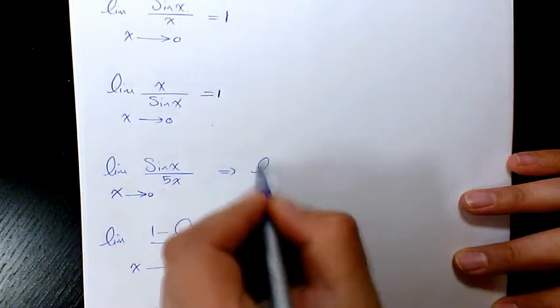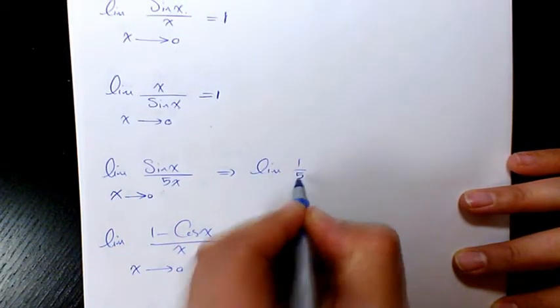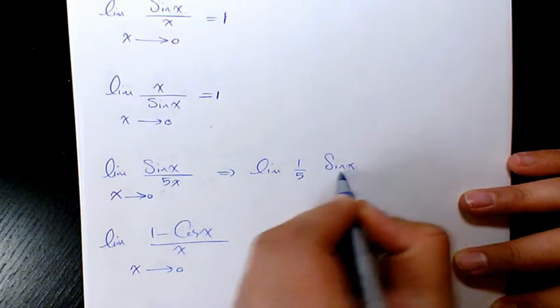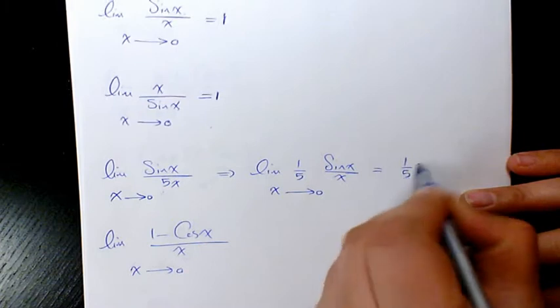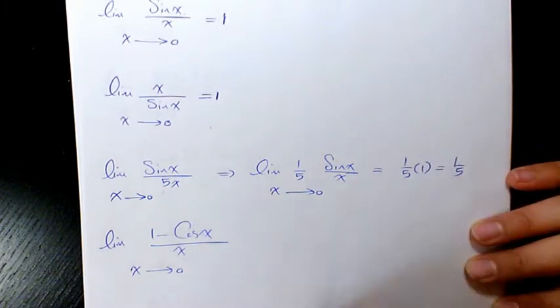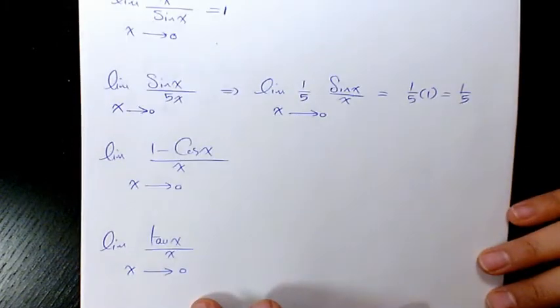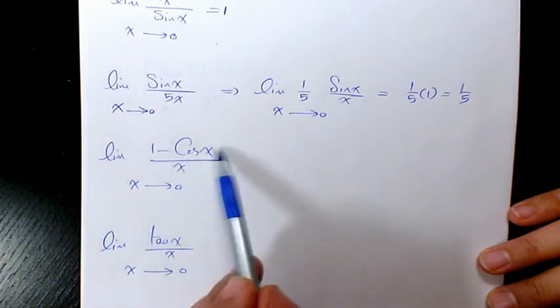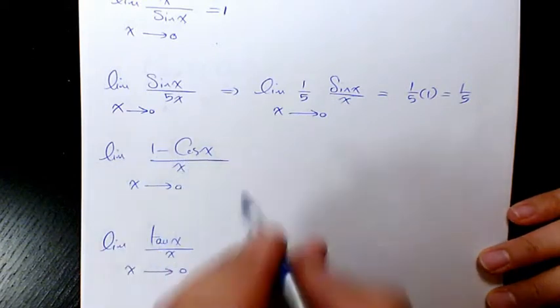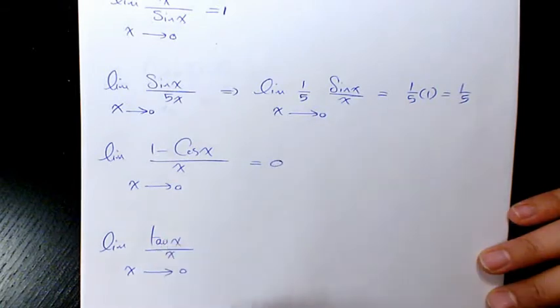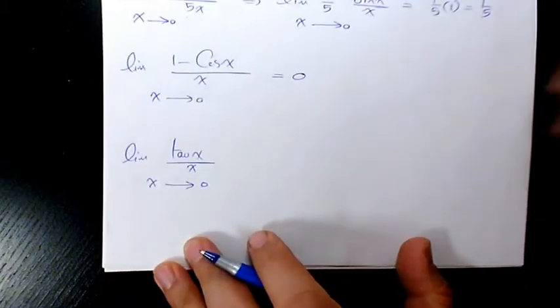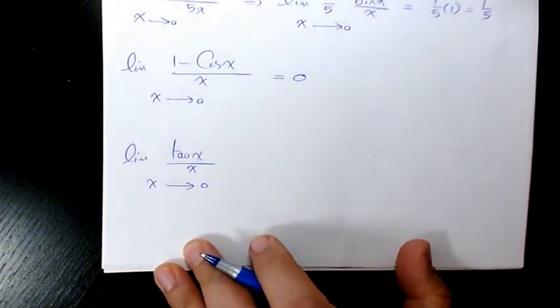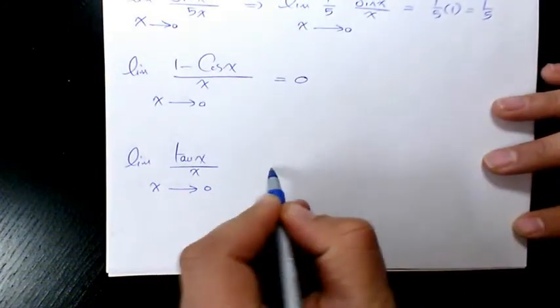In that case, you take 5 out, and you have sine x over x when x is approaching 0. So the answer is going to be 1 over 5 times 1, which is 1 over 5. Whenever we have limit of 1 minus cosine x over x when x approaches 0, the answer is going to be 0. And whenever you have limit of tan x over x when x is approaching 0,